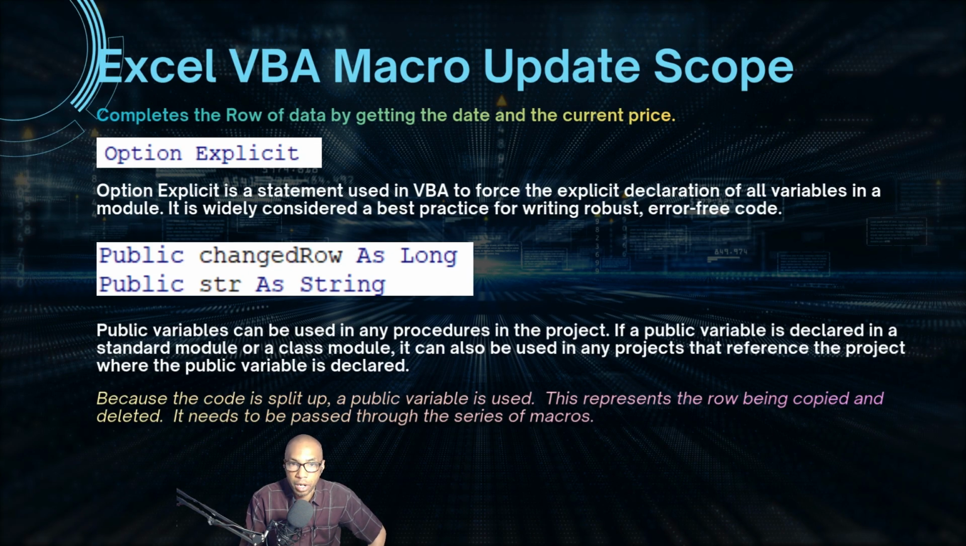Because the code is split up, a public variable is used. This represents the row being copied and deleted. That's what the public change row means. And then the public string is for the string of characters that is generated and put into the database, as we'll see later,